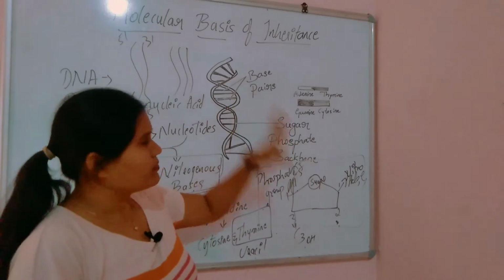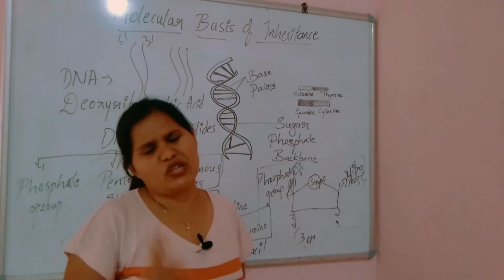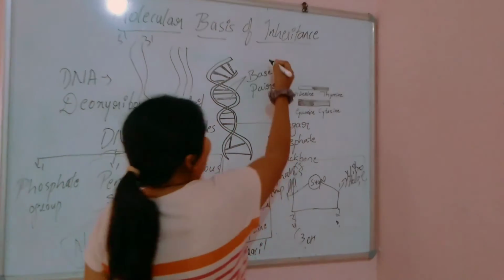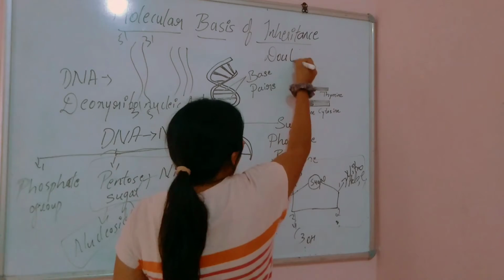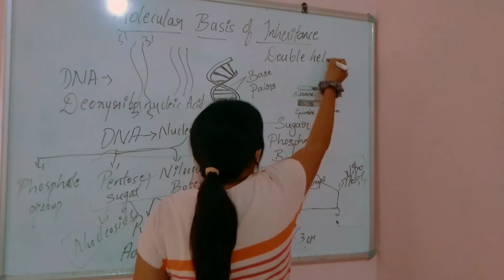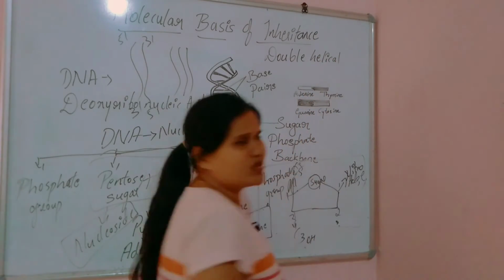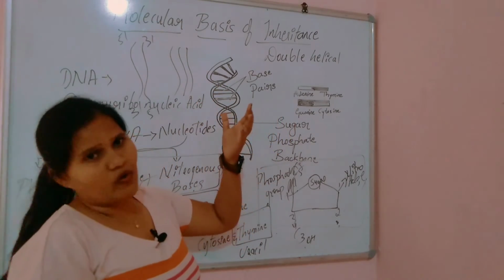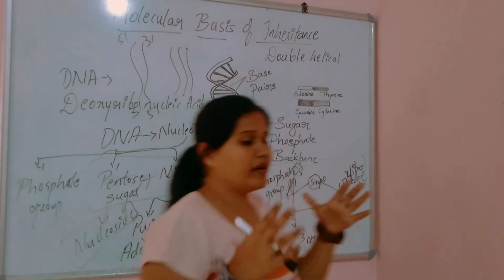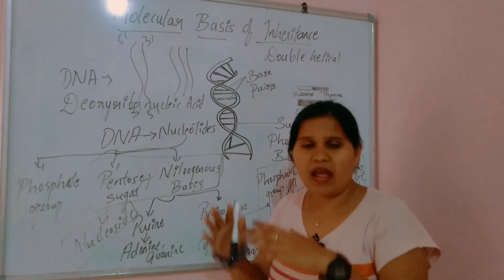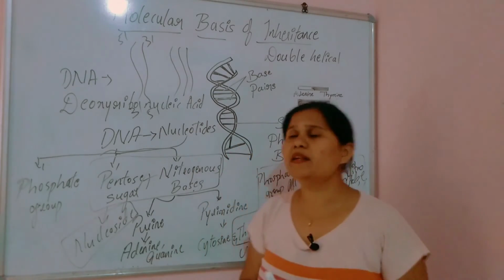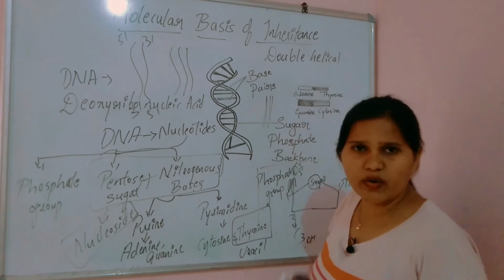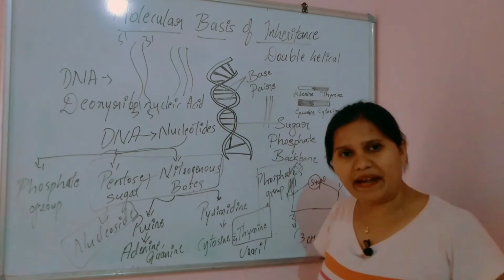So here, let me tell you some of the basic structure of DNA. Can you see this structure? It is called the double helical or double helix structure, okay? Because two strands of nucleotides are present, DNA strands are complementary and they will be anti-parallel to each other. Parallel in the sense what? They will be straight, linear to each other, right? So this is anti-parallel.